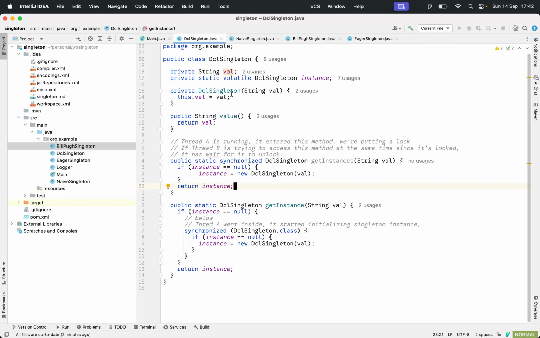So this is an important one, double check locking. I wish I had explained volatile and synchronized a bit more clearly, but this is good enough for a singleton video, I think.